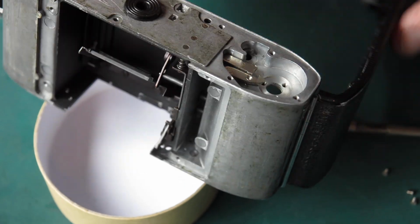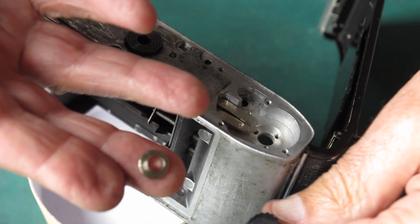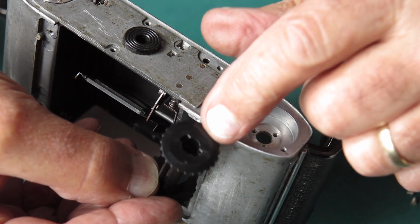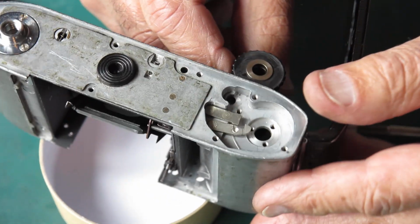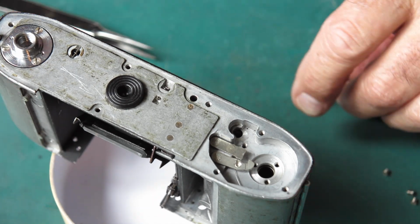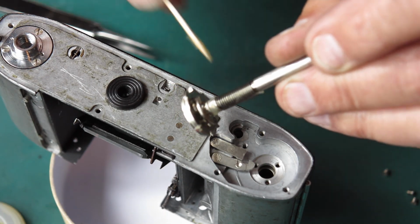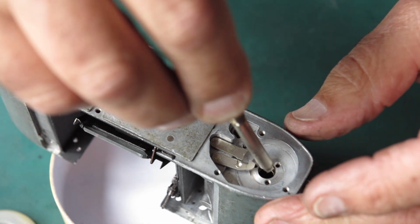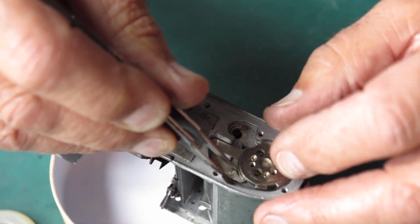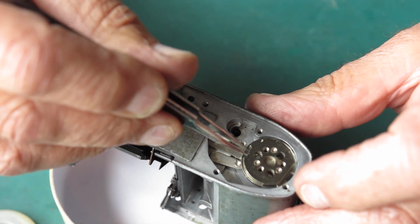Okay, so to get this in place, I'm going to open the back of the camera, take our spool and the bush. The bush goes into the round hole in the spool, not the one with the slot. Because the camera's upside down, it's towards us. I'll just run some grease around that bush at the bottom. Drop this into position. Pull that spring back out of the way, lift that lock lever up, and our neutral position